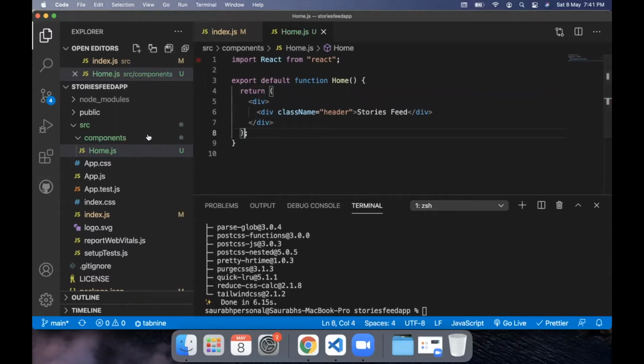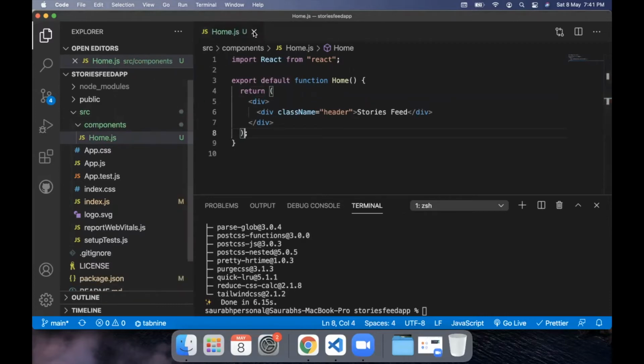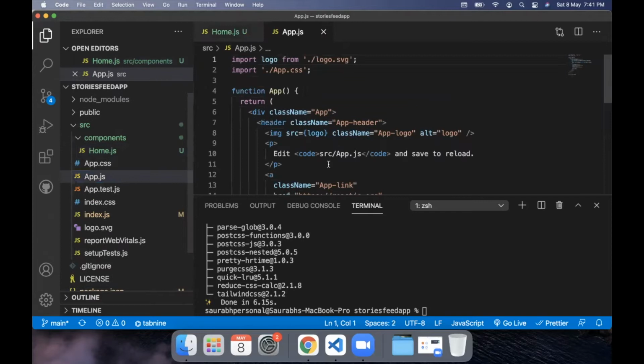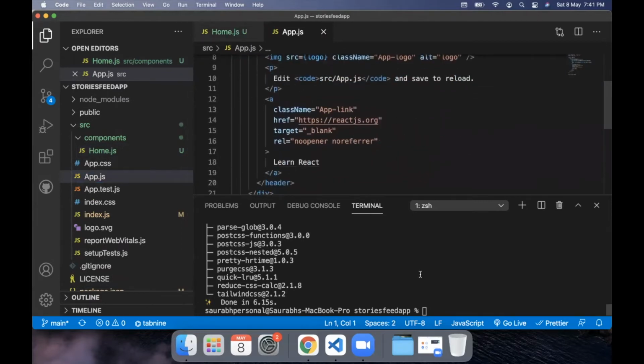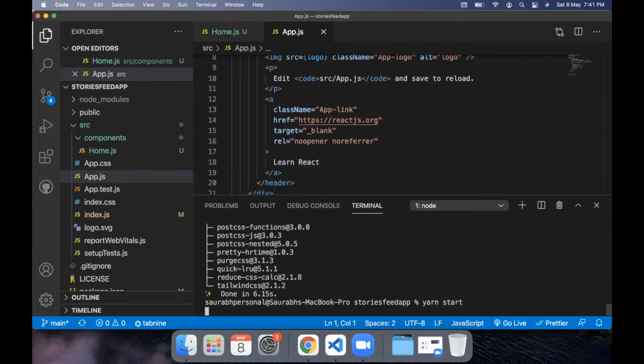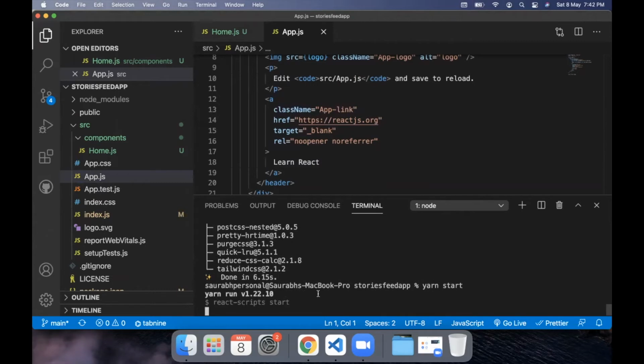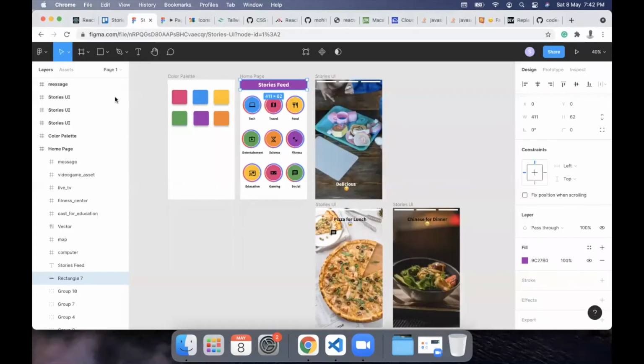After that, we are going to jump into our app.js file. The app.js file is the main file in which all the components need to be added. By default, it contains all this code. Now, if you want to see what this code contains, you can run the yarn start command. This is going to start our project in our browser in some time. I have already opened it. It will get opened on localhost port 3000.